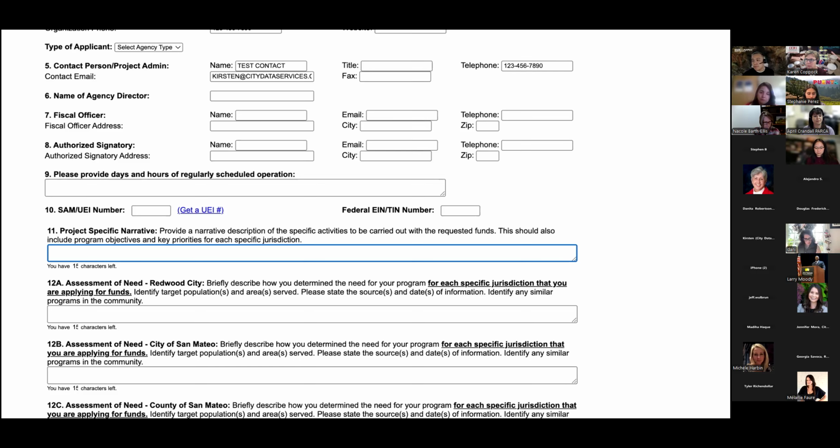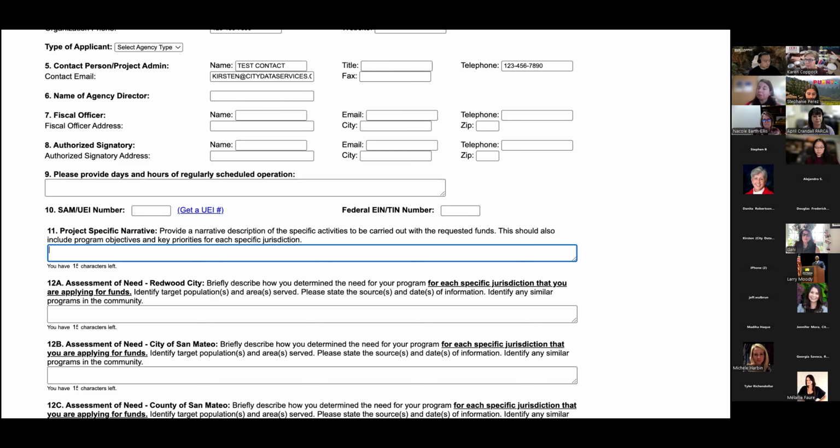Anytime you get away from your computer, or anytime you have to get pulled into something else, just go ahead and click save. Another thing to keep in mind is that you can't have two people working on the same application at the same time. The system won't know which version to save, so it's likely that one version will get saved, but it won't be both. So if I'm working on this and I have a team member who's also helping me on this application, we would need to coordinate who's working on it at what time.